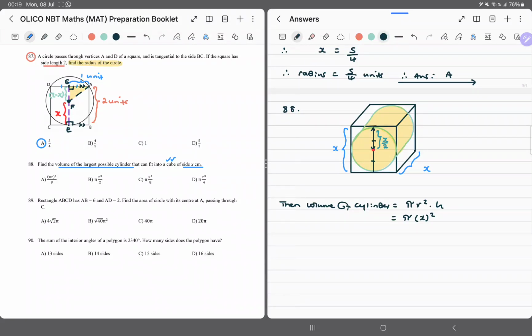So all we can say here is that the radius of the circle is going to be a half x. Okay, so this is going to be actually x over 2 all squared times x. Perhaps we can say x over 1